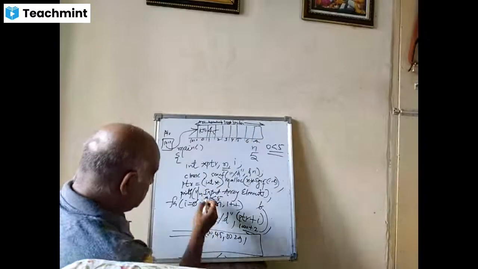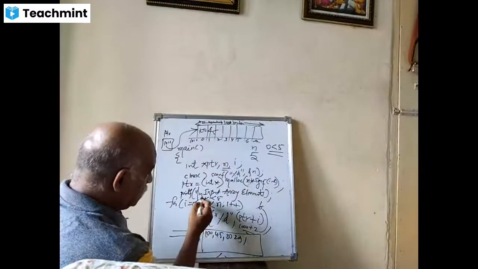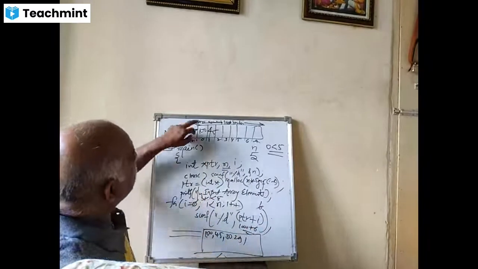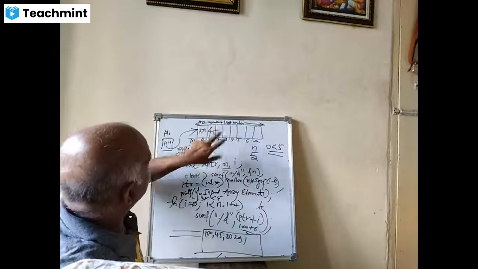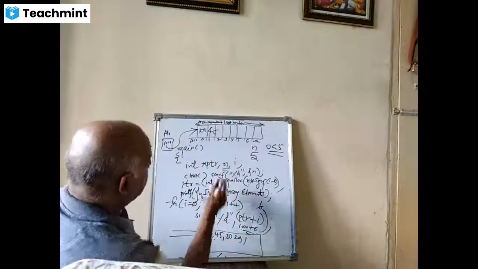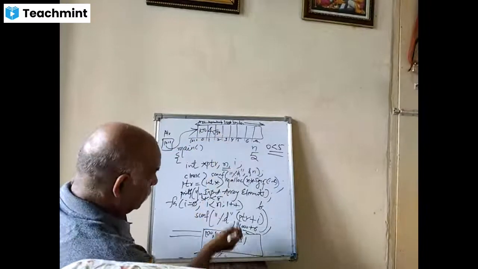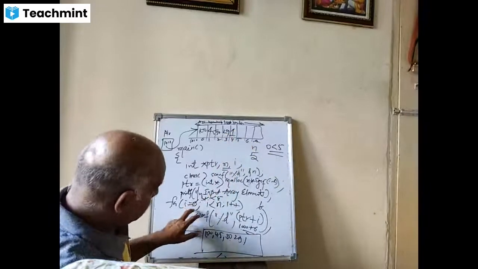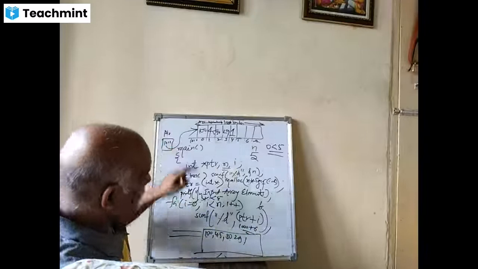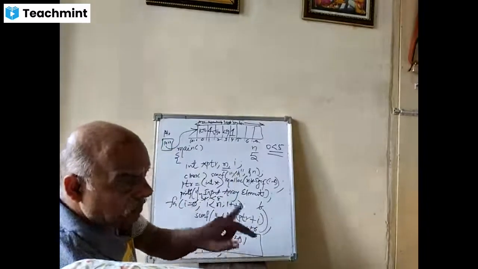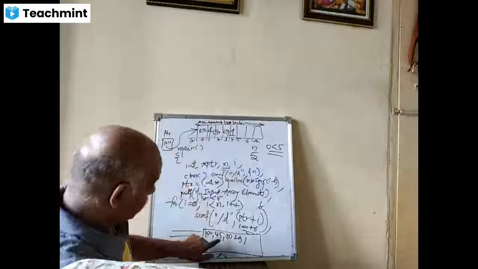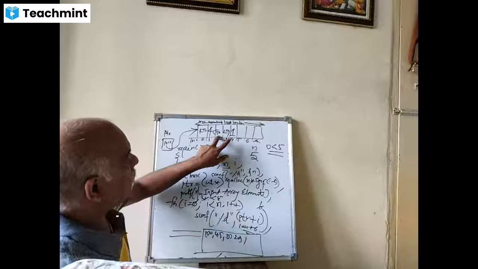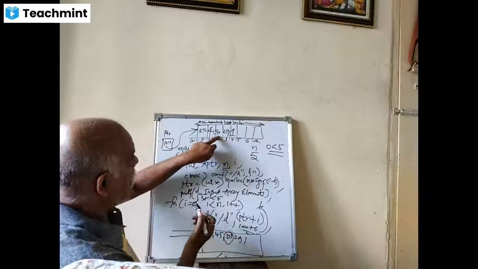When i becomes 2, 2 less than 5. 1000 plus 3 into 2, 6, 1006. So the fourth element goes there. 30 goes. To summarize: when i is 0, 1000 plus 0 is the first element. When i is 1, 1000 plus 1 into 2, 1002, gets 45. When i is 2, 2 into 2, 4, 1004, the third location, gets 30.